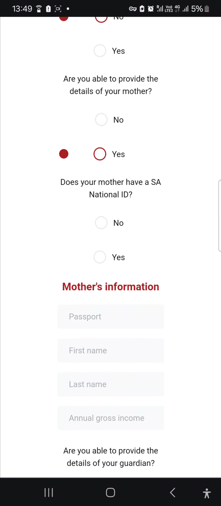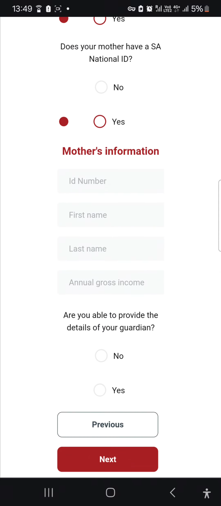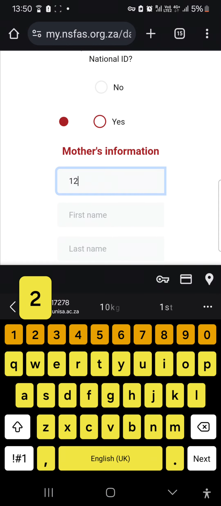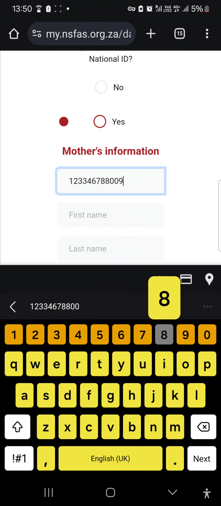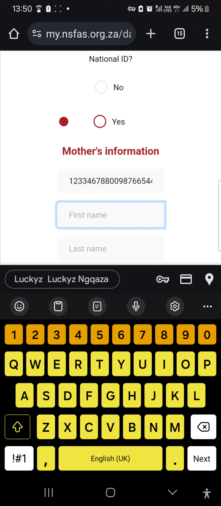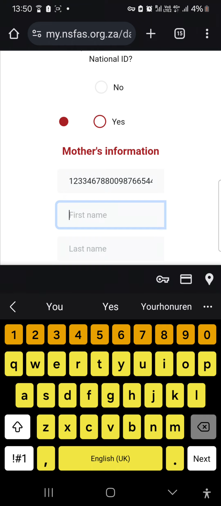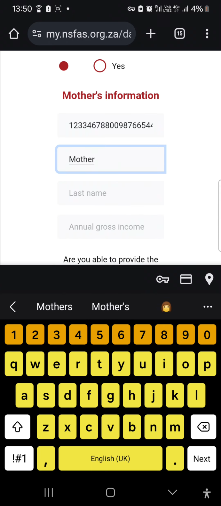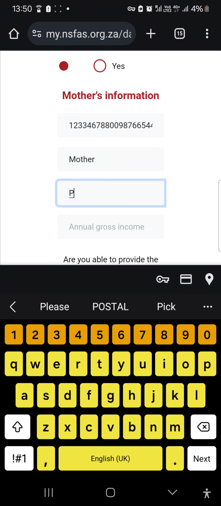Does the mother have a South African ID? Yes, ID. Then we're going to enter your mother's ID here. Sorry, you see, and then you enter the name of your mother, and then